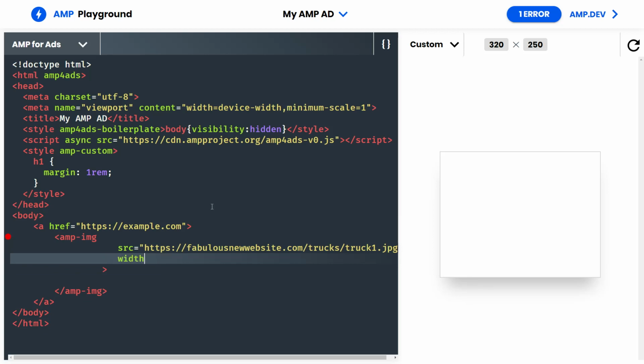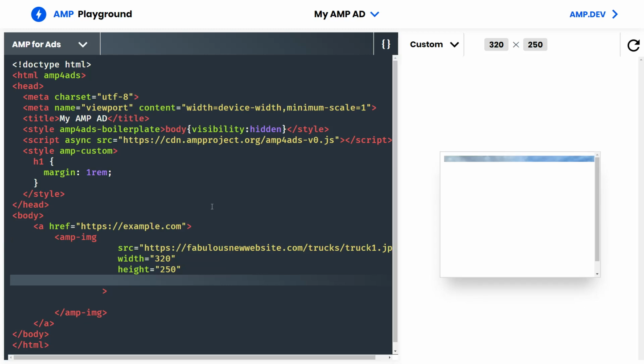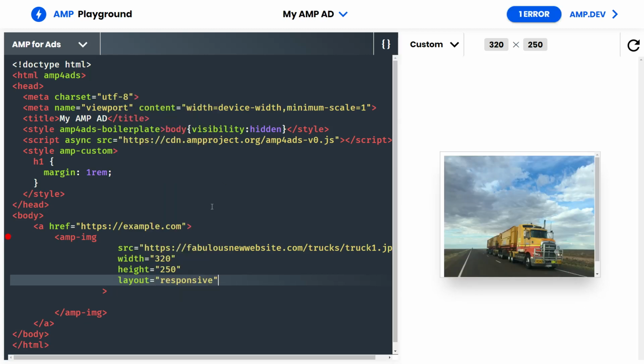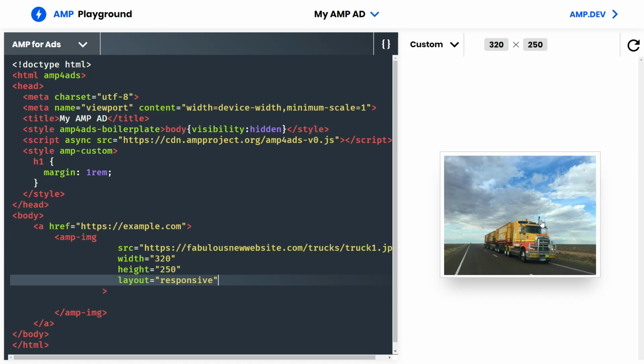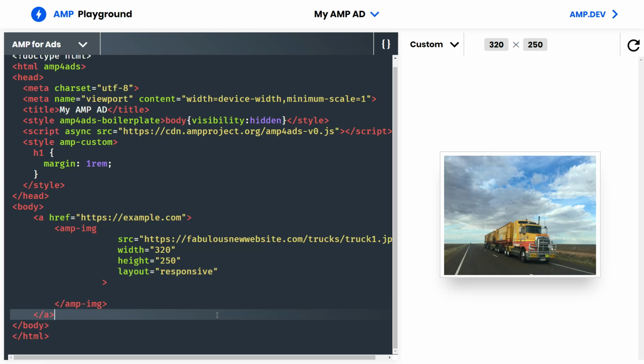So let's say width 320 by 250, and let's do the layout of responsive so that our ad doesn't look crazy on mobile. And there you go. It looks pretty good, and we have it in an href, so if people click on it, we'll get redirected to that site, and that is one valid ad.